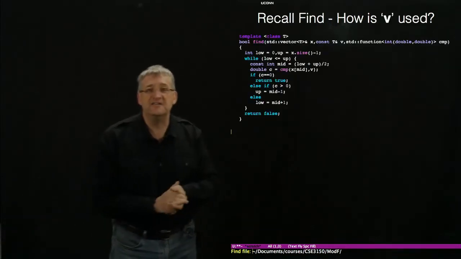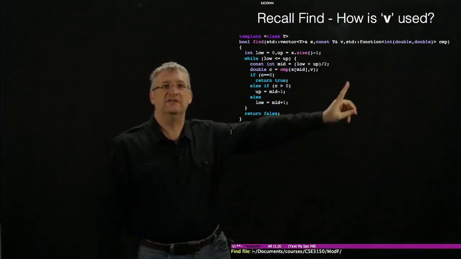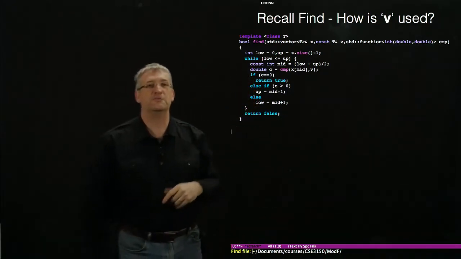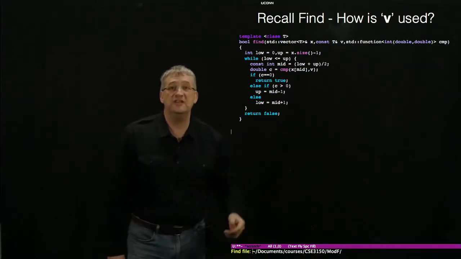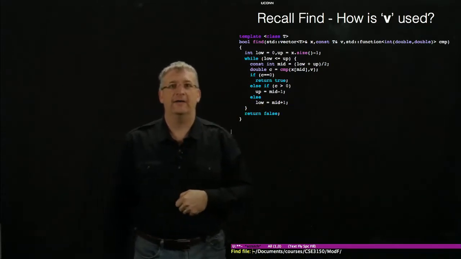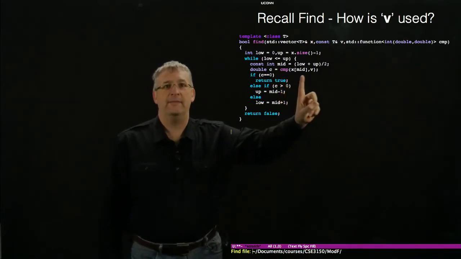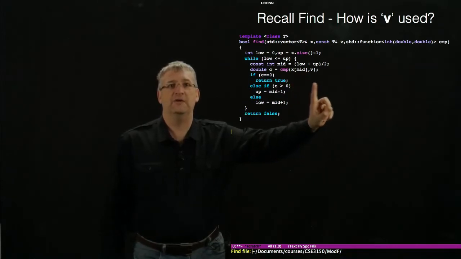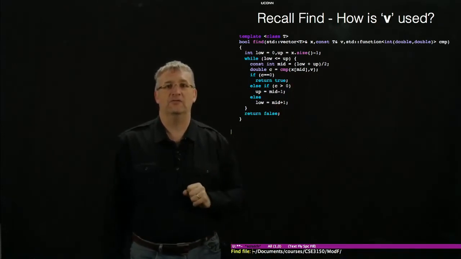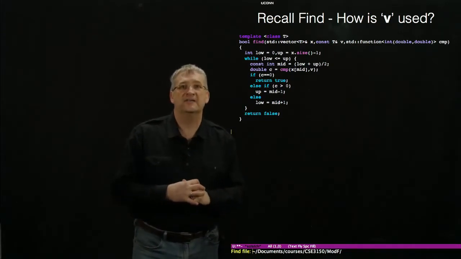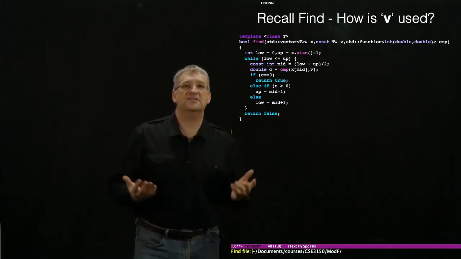Remember our find example from last time? Again, it's the unfixed version, the one that takes two doubles. I would much prefer that the function take two T's, but fundamentally, that's my find implementation making use of compare, and I'm passing as a first argument the value at the midpoint of the array and the value I'm looking for. I'm assuming that my array is sorted. That's still the same story as always. So yes, that's great, but